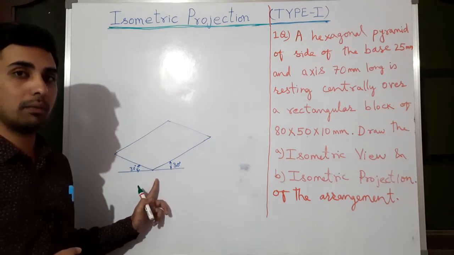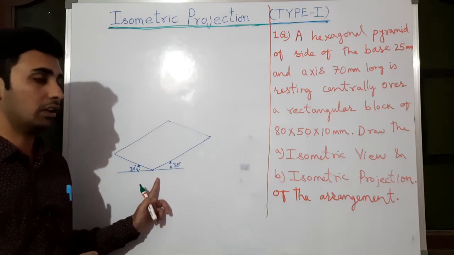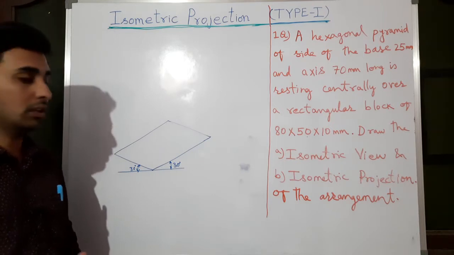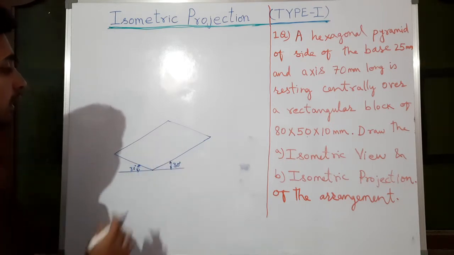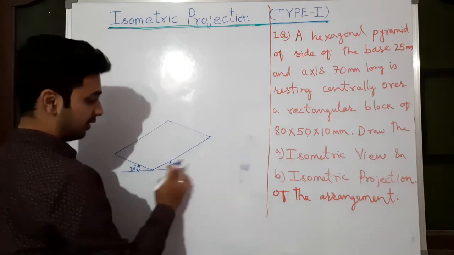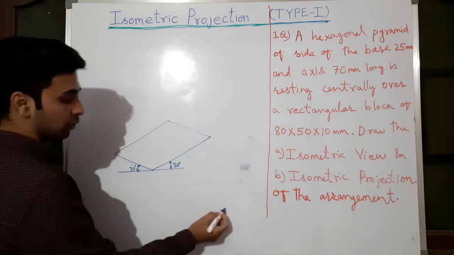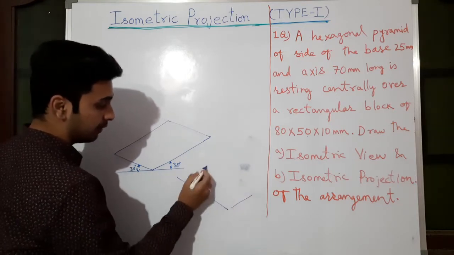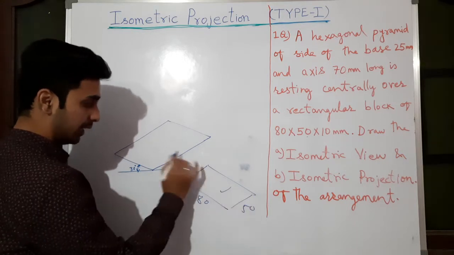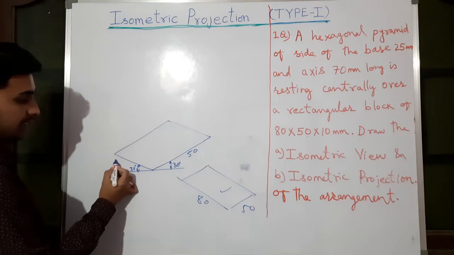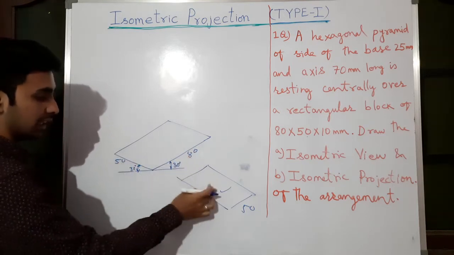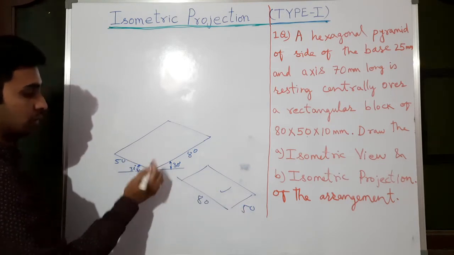In the previous videos we have discussed isometric drawings of 2D objects, where you have seen the rectangle, circle and triangle. You can see those videos also. Now let us continue. After drawing the top isometric view of a rectangle, we will give the thickness. This is 80, this is 50. You can also take here 80, here 50. This is also correct, your choice. Here I have taken this as 50, this as 80. Both are correct.